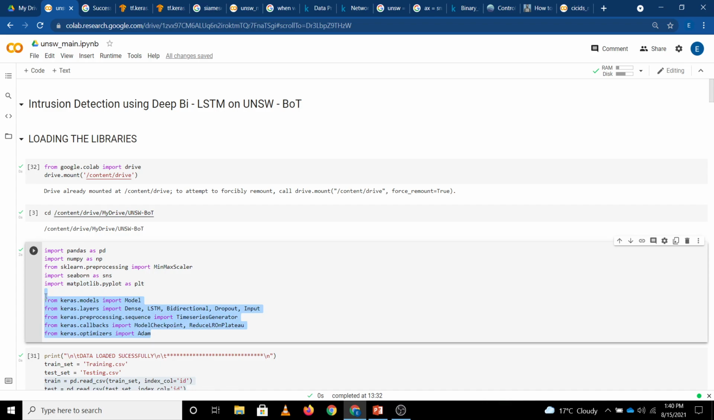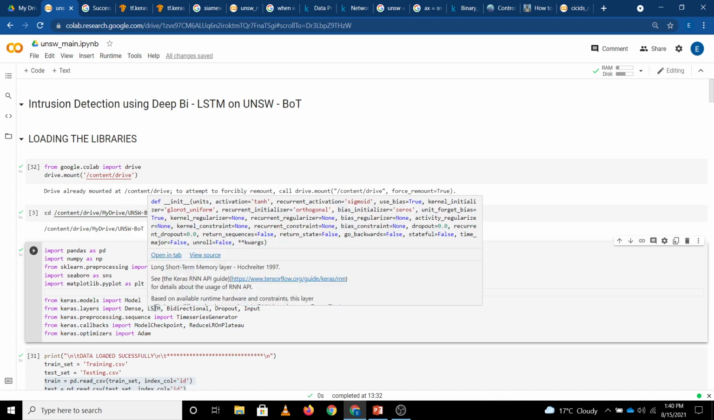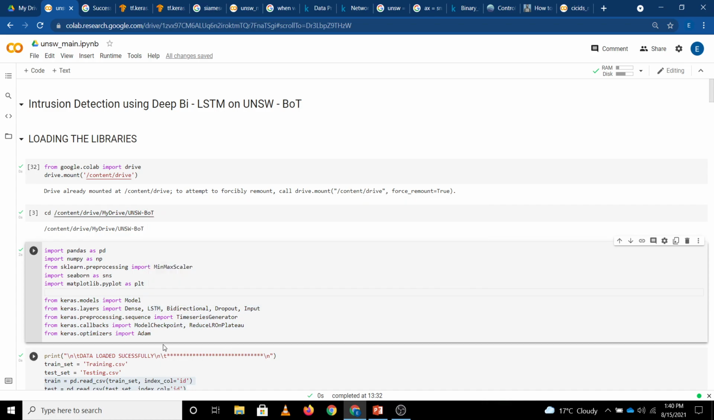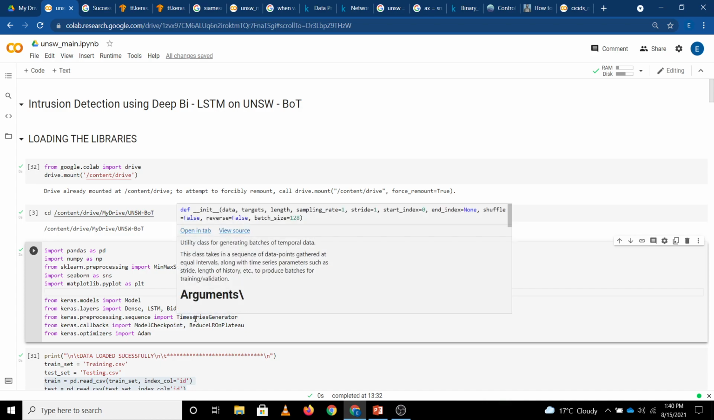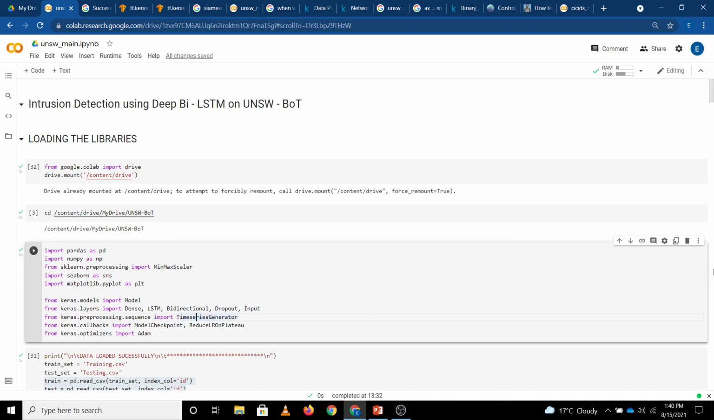And then here we imported the model from the Keras library, and these are the things for neural networks, as all these are the major packages for deep learning which we imported from the Keras library. Like we can see here, we imported model, dense layer, LSTM, bidirectional, dropout, input layer, and everything we loaded here. Then after here